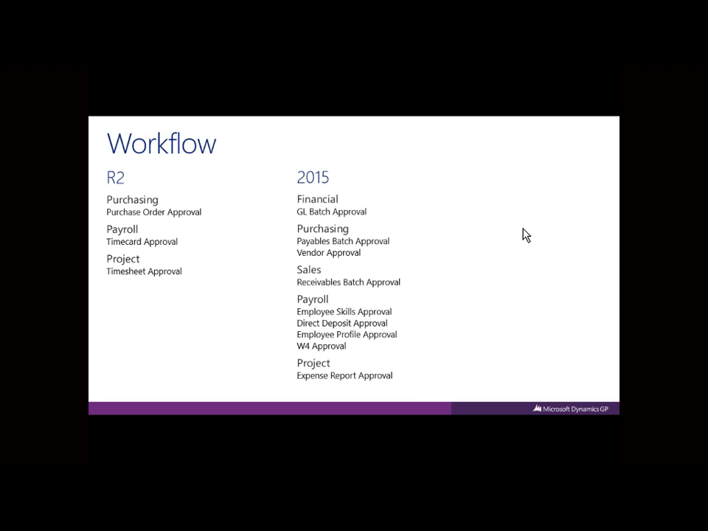R2 came in with workflow, and it gave us purchasing with purchase order approval, requisition approval, time card approval, and timesheet approval. And then 2015 added GL batch, payables batch, vendor approval, receivables batch, a bunch of employee stuff, and then project expense report. What is not there yet and is coming probably in the next release is individual payable